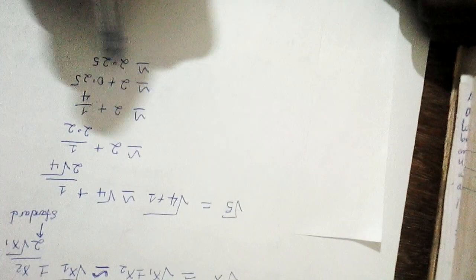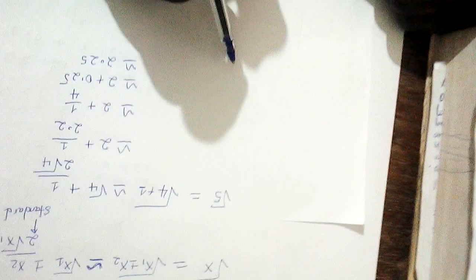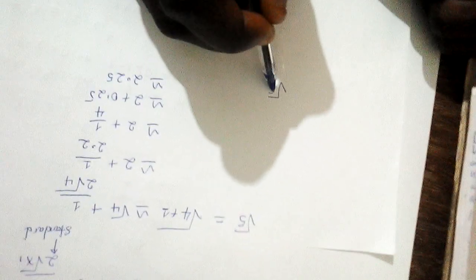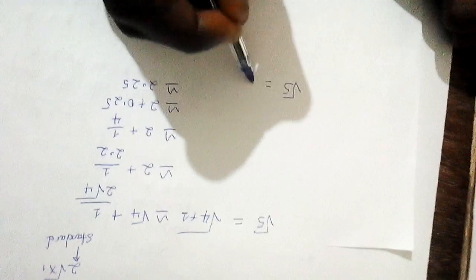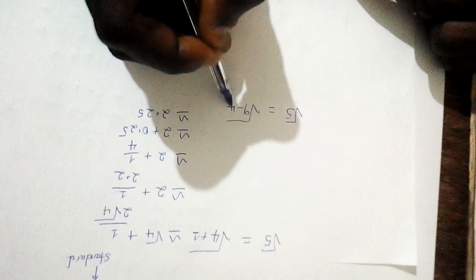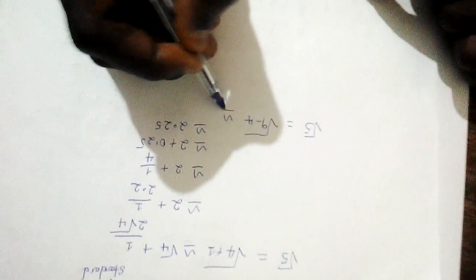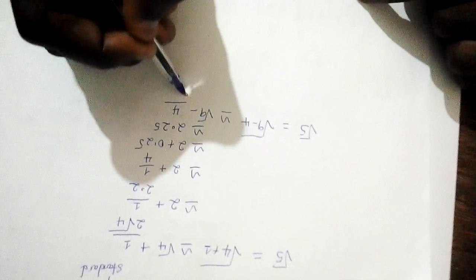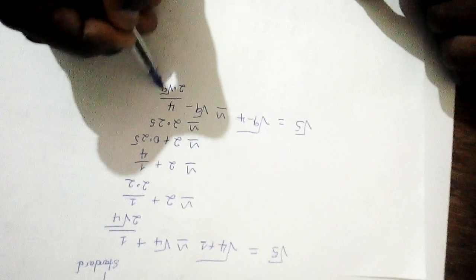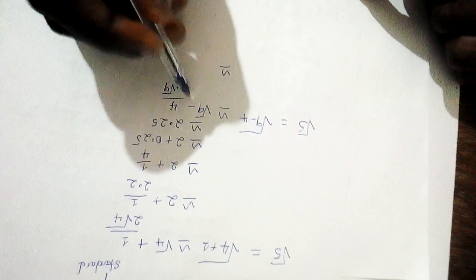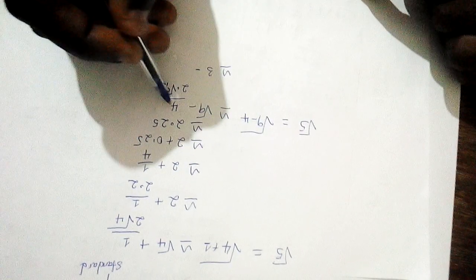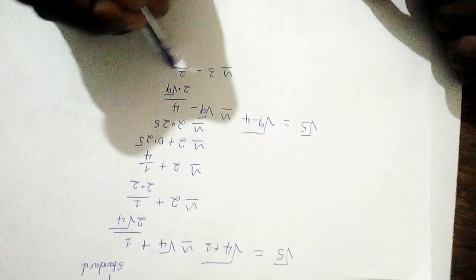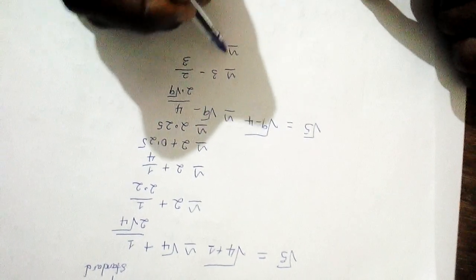Now this is a very good approximate, because for example, if I write the square root of 5 as the square root of 9 minus 4, yes, so this will be approximately equal to the square root of 9 minus 4 divided by 2 times the square root of 9. So this is approximately equal to 3 minus 4 divided by 2 is 2, then divided by 3. So this is approximately equal to